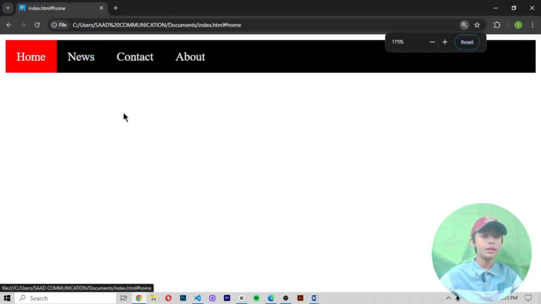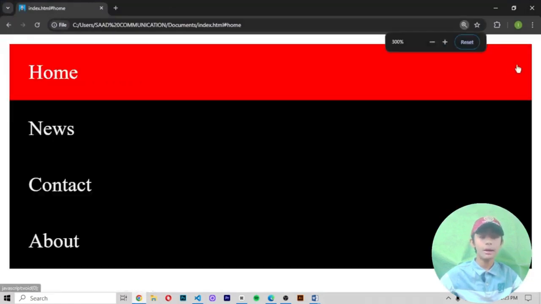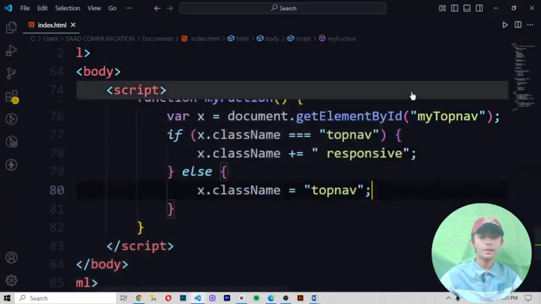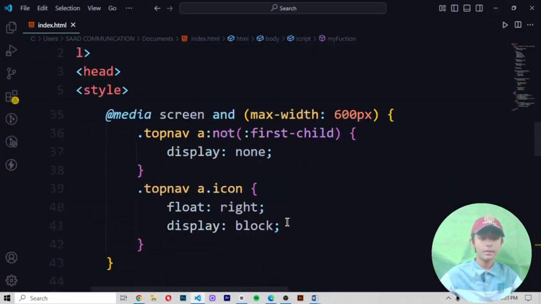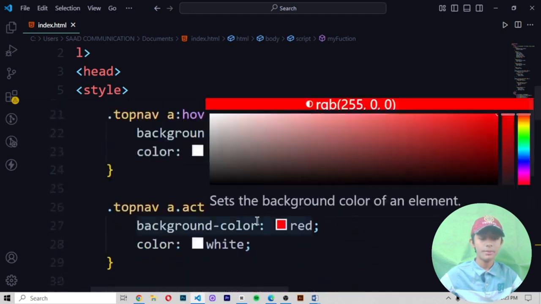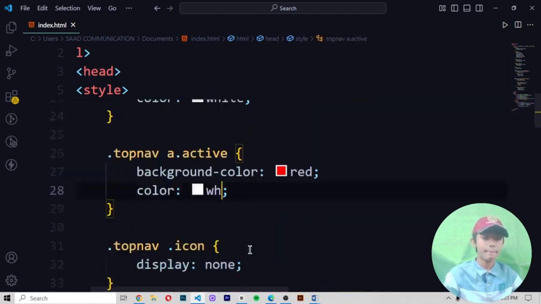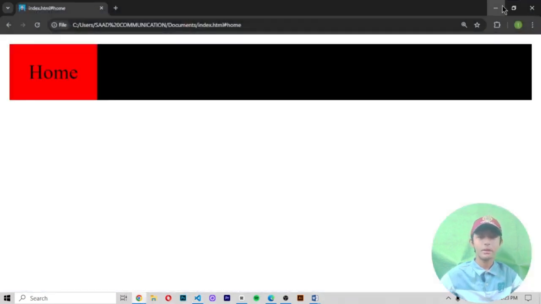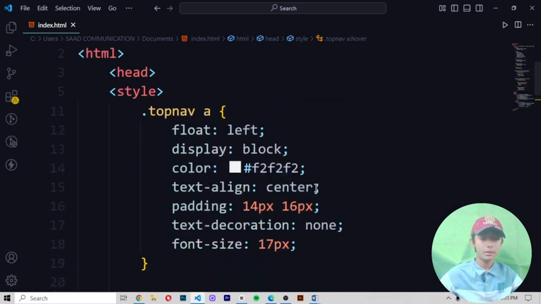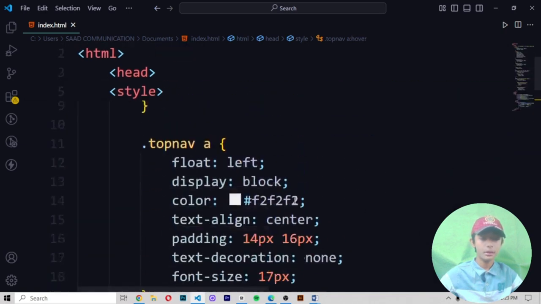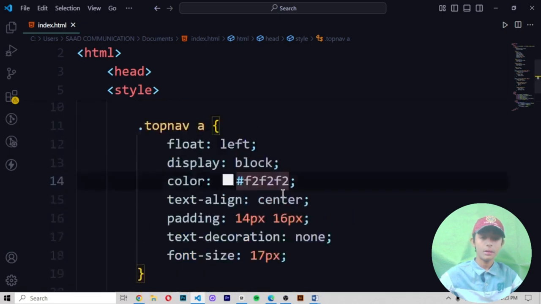So now it is looking like this, and when we zoom it, our bar has come. Okay, here you can see the bar is in the color, okay, let me come up. Let me give the color black.